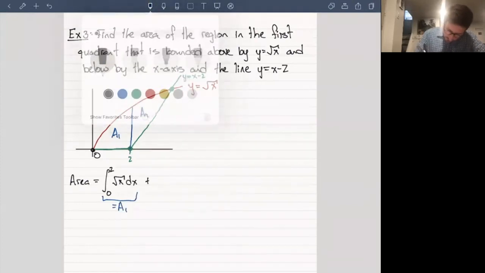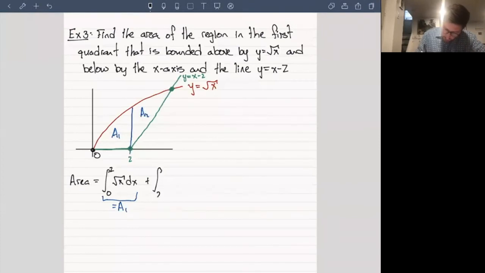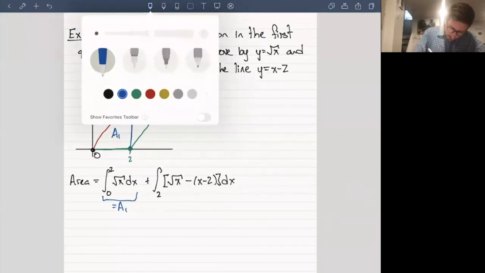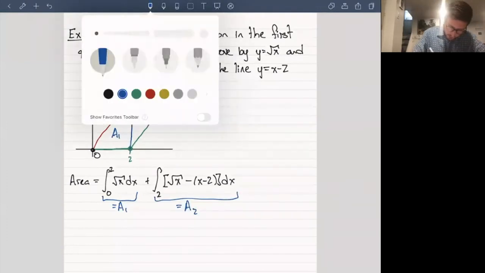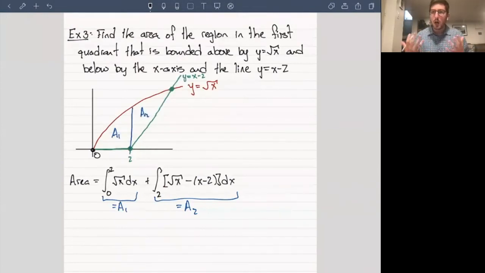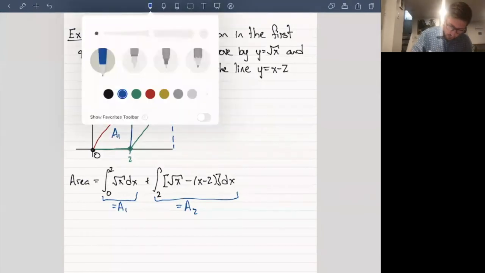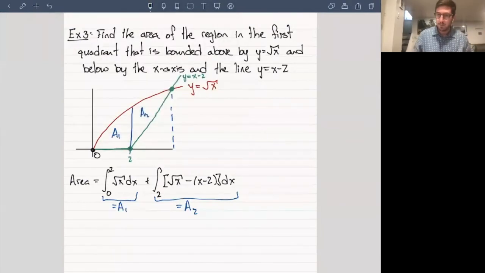And plus the definite integral from 2, and we'll determine where this integrates up to, of the square root of x minus x minus 2, upper bound minus lower bound. And again, this is equal to area 2 in this case. So the question is, what is the upper bound? Well, the upper bound is given by this point of intersection, so much like the previous example. So the question is, what is that point of intersection? Well,